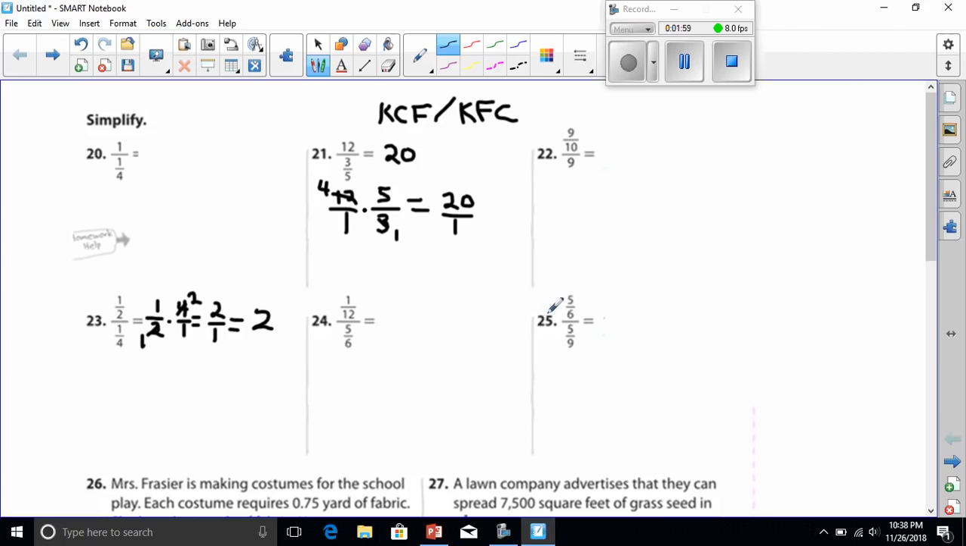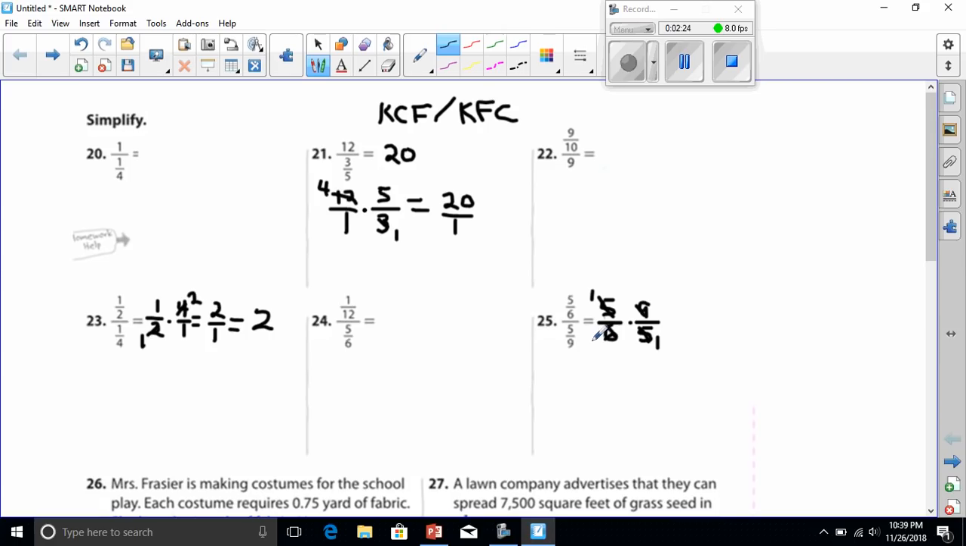All right, and number 25. 5, 6, well, once again, we keep the top one the same. We're going to change from division to multiplication, and then we're going to flip the bottom one, which makes it 9 over 5. Well, as you can see, we got a 5 on the top and 5 on the bottom. Those cross each other out,